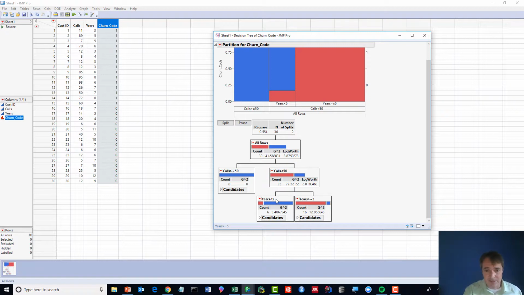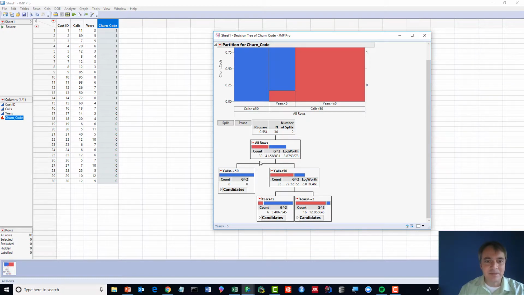So it says, okay, if the years is less than 5, then it looks like most of these are ones. But if years is greater than or equal to 5, then most of these are zeros. So the beauty of a decision tree is, in addition to it discovering statistically where the great dividing points are, a decision tree is a very usable kind of machine learning technique, because you have this nice output that has explanatory power. You can put this in front of a person and they can actually understand how it works, and they can use this to make their decisions about